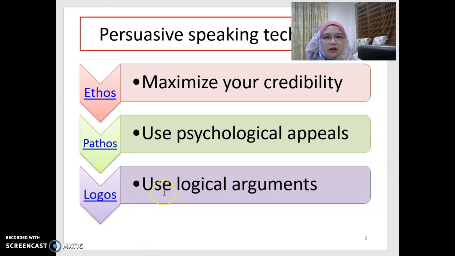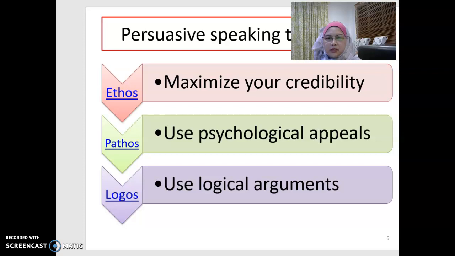Okay, next, use logical arguments. Logical arguments simply means that you might want to come up with some suggestions. What I mean to say is that maybe you can come up with statistics or quotations or testimonials from people who have actually used the products. You might also use some information to